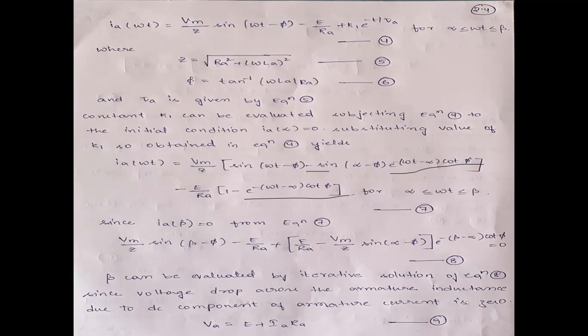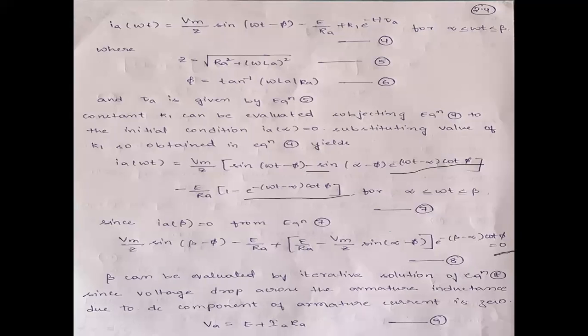iterative method. That means if you substitute the solution of equation 8 by this one, this is okay, this is okay, that is called an iterative solution. So if you substitute the beta value like this, you have to see that it is equal to 0. Iterative method means trying possible beta values. If you substitute, you have to get this whole expression as 0. At that time the beta value will be correct. So taking that beta value as the correct one, this is called an iterative solution.